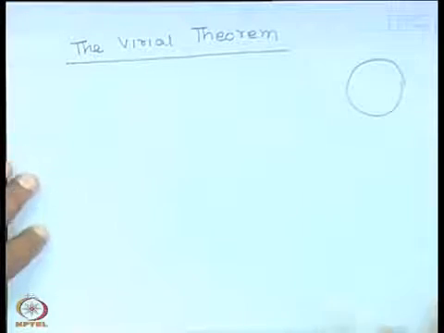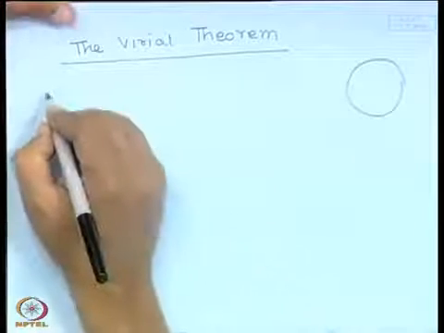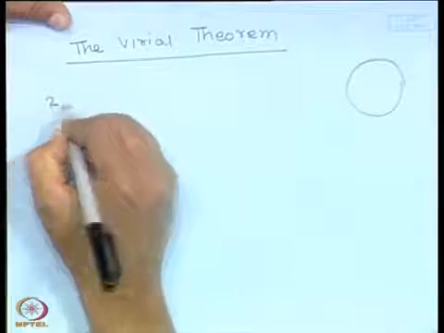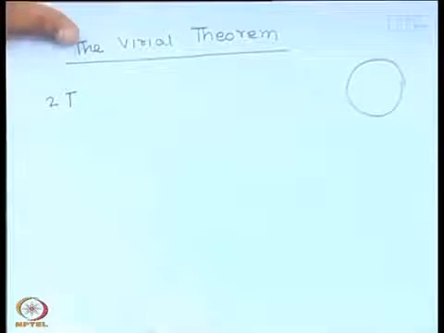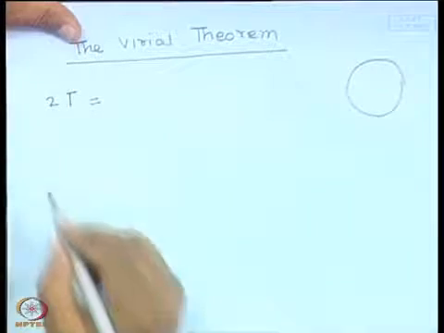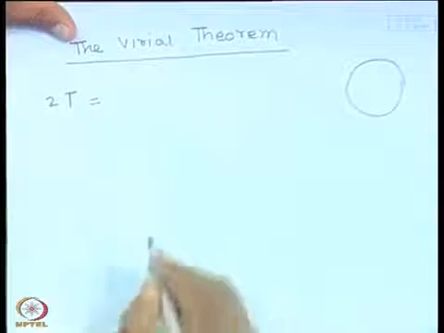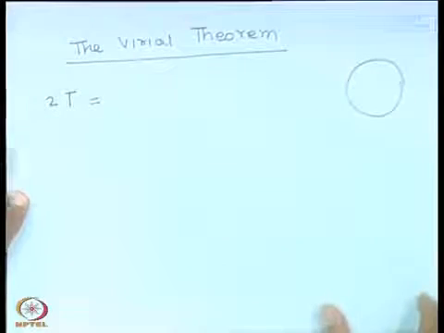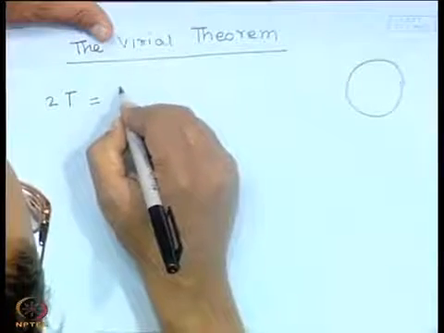Now the kinetic energy, we will use T to denote the kinetic energy, twice the kinetic energy 2T is sum m v squared. We know that the kinetic energy is half m v squared. So, this can be written as